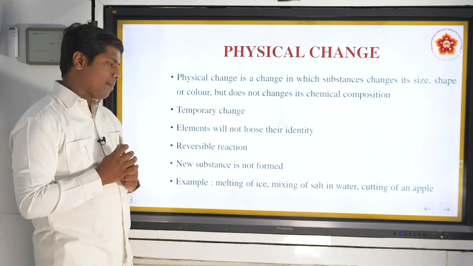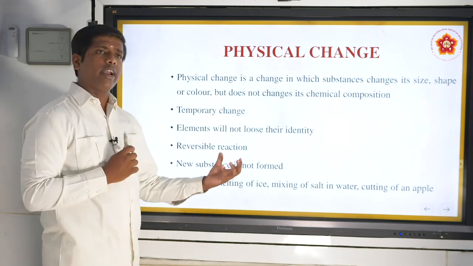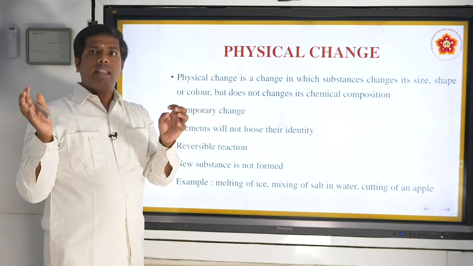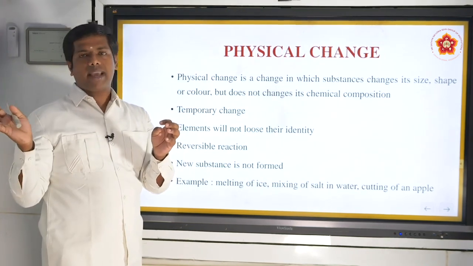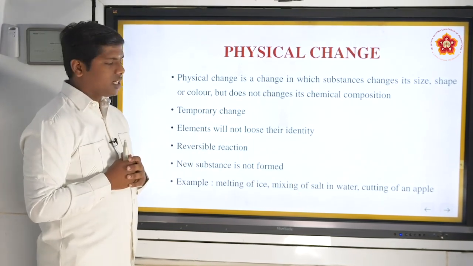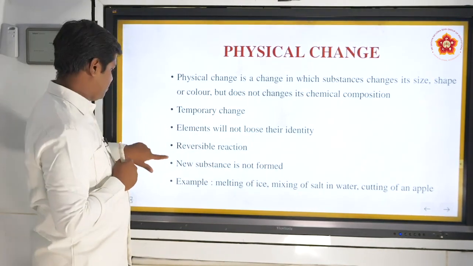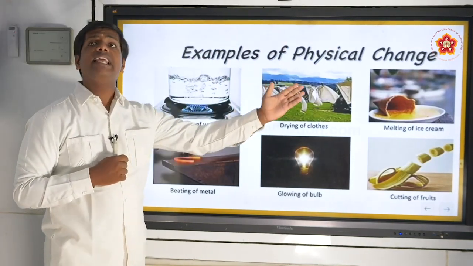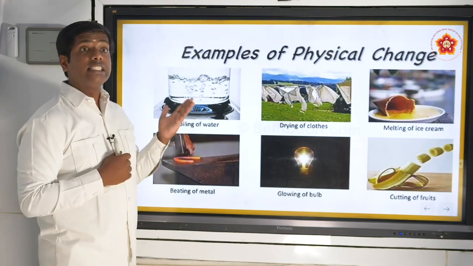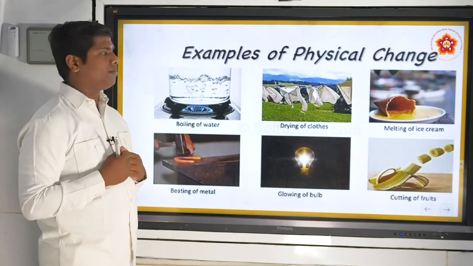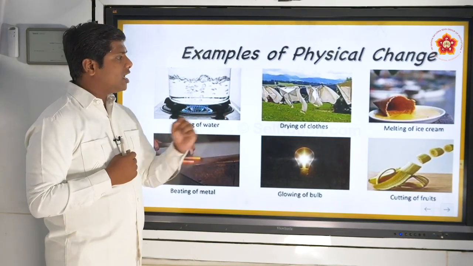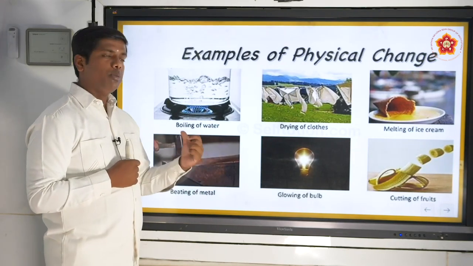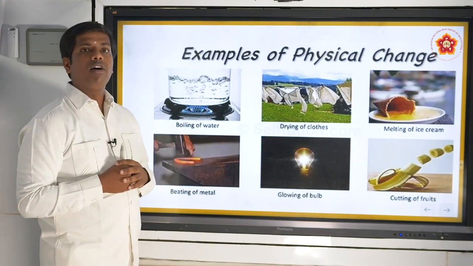Let us look at examples. Examples are melting of ice. We already see that when we melt ice, we regain its structure by freezing it back. Mixing of salt in water and cutting of an apple are some examples of physical change. These we see in our daily life, the changes we are able to see in nature. Boiling of water, drying of clothes, melting of ice cream, beating of a metal, glowing of a bulb, and cutting of fruits are